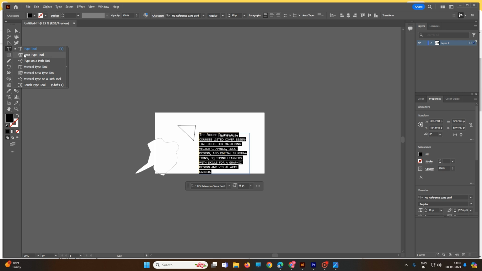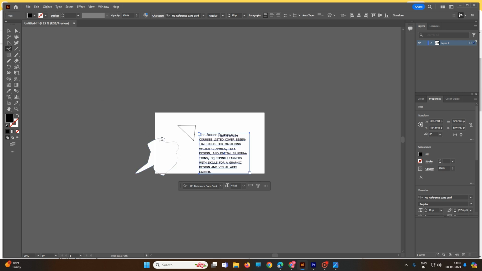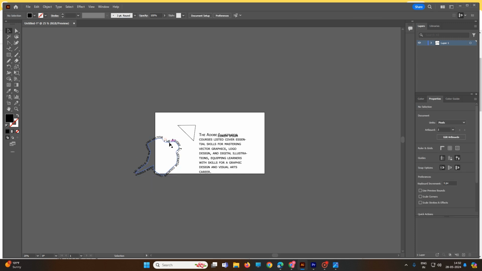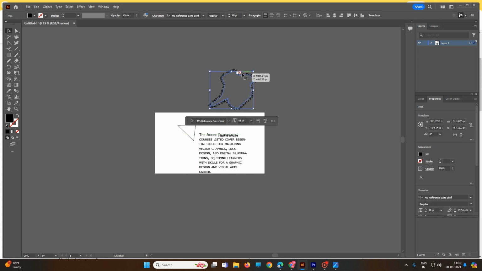Just go to the type on path tool and click over here. This should be there. Okay, just Control V. The Adobe Illustrator course, like that. Just click outside, you can get some images. And this red symbol is showing that you have pasted